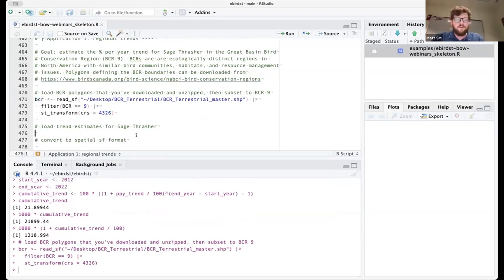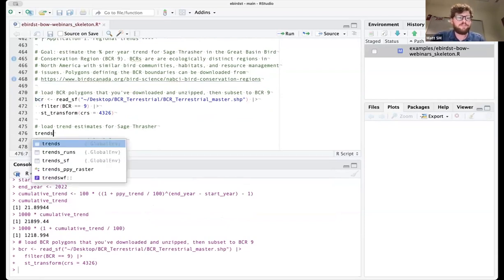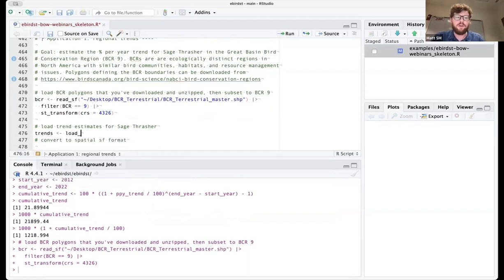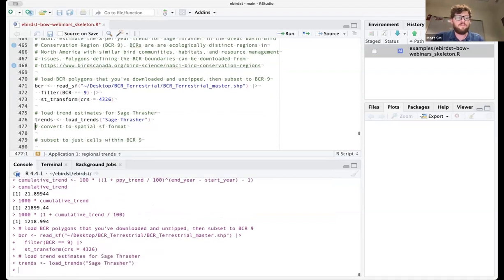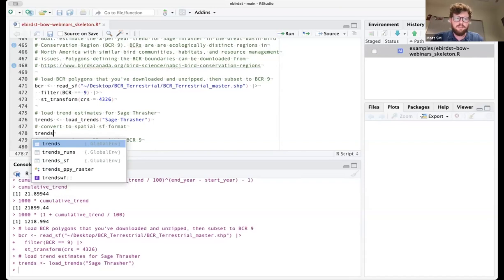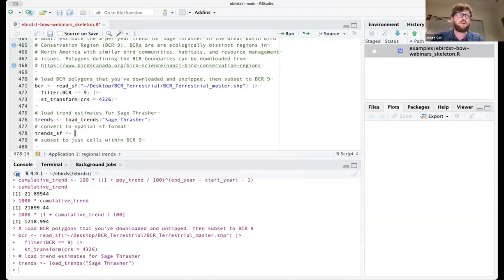Next, I want to load the trends for Sage Thrasher. We already did this before. I want to convert them to a spatial format. We already did this before as well.